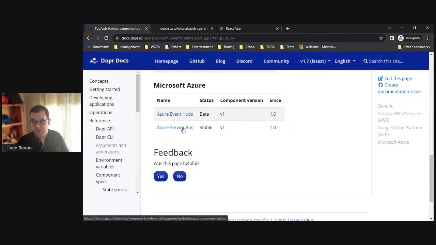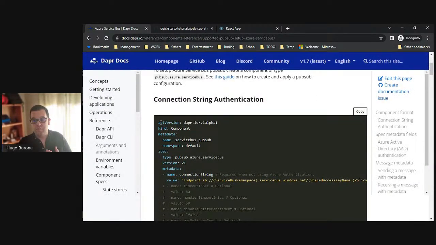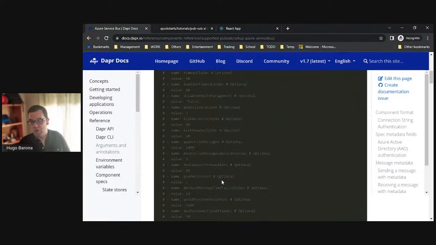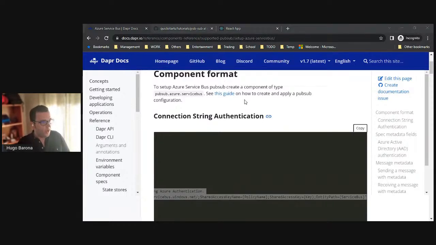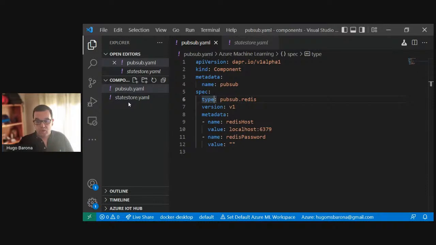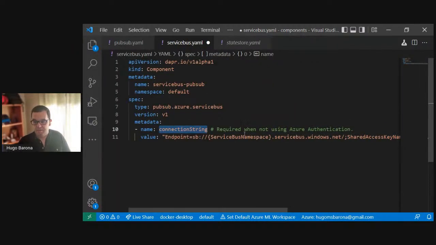So I start by opening this, and this page shows me the spec of the components, okay? So this allows you to easily create a component. What I'm going to do is copy this spec. I'm going to my folder of the components, and I'm going to create a new file. I'm going to call it servicebus.yaml, all right? And I'm going to paste the spec that I just copied before from the Dapr site. One of the things you can see that is required is, of course, the connection